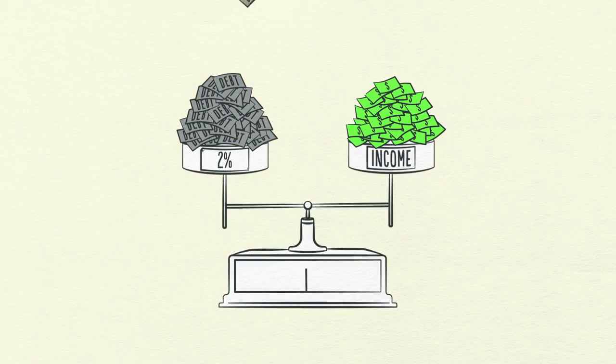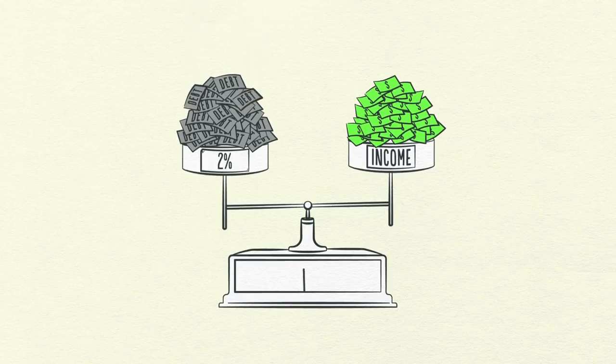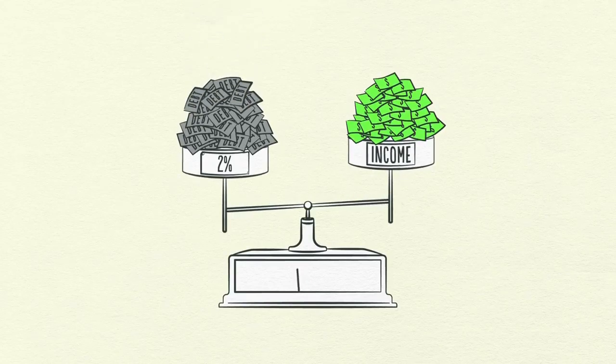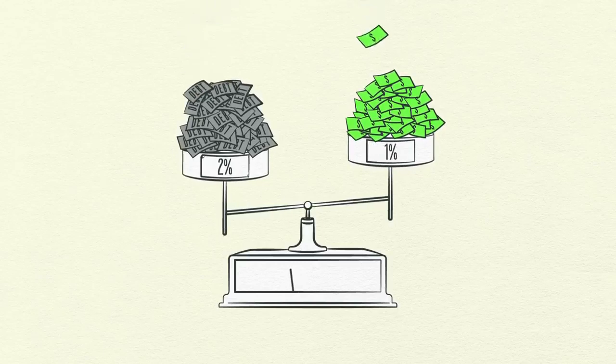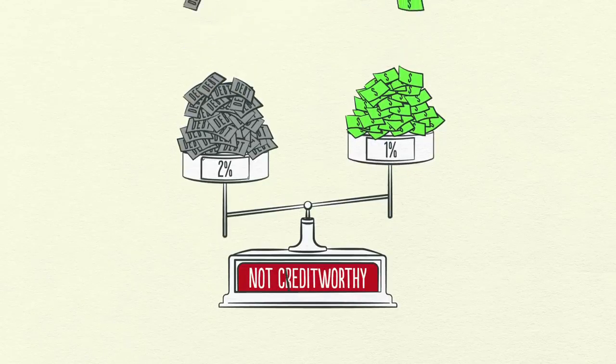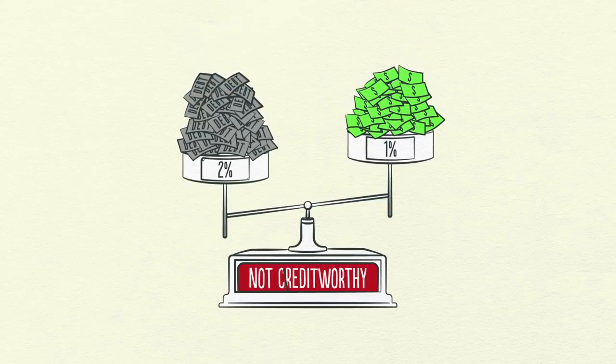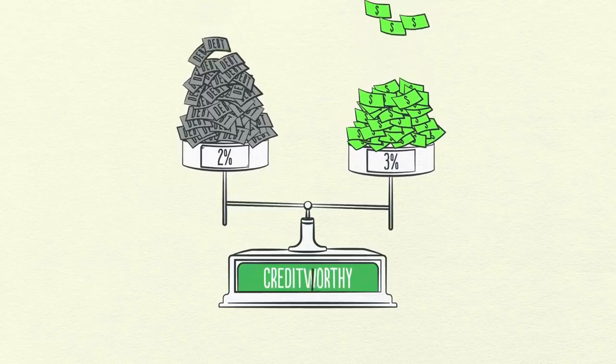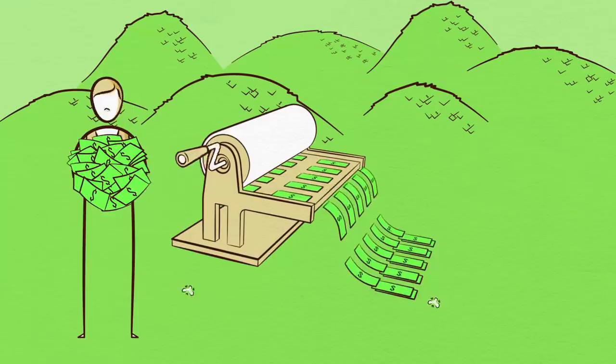Now think about the interest rate on that debt. Let's say it's 2%. If debt is growing at 2% because of that interest rate, and income is only growing at around 1%, you will never reduce the debt burden. You need to print enough money to get the rate of income growth above the rate of interest. However, printing money could easily be abused because it's so easy